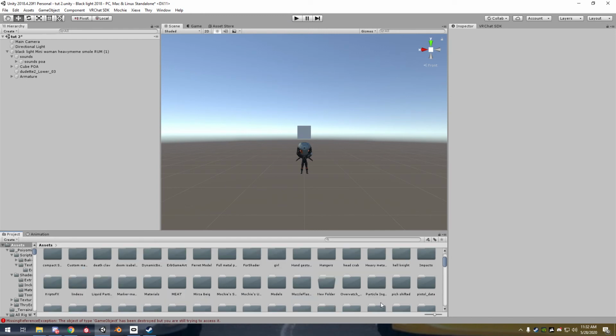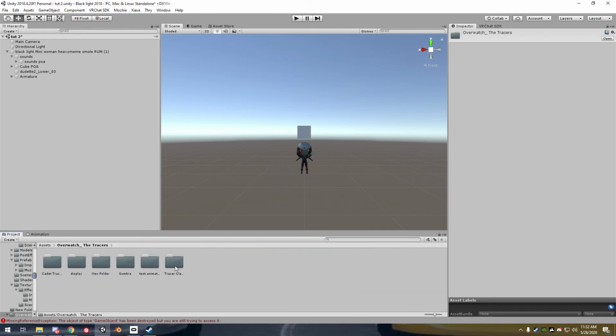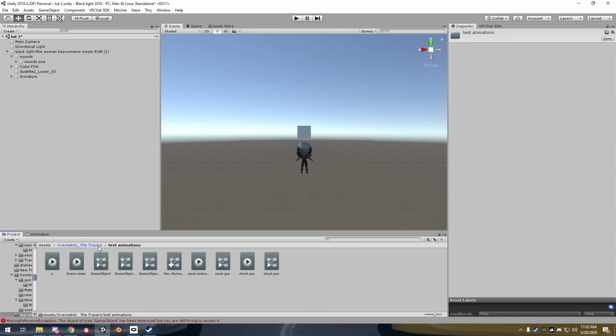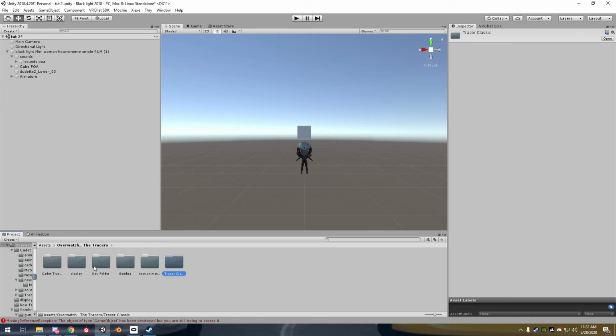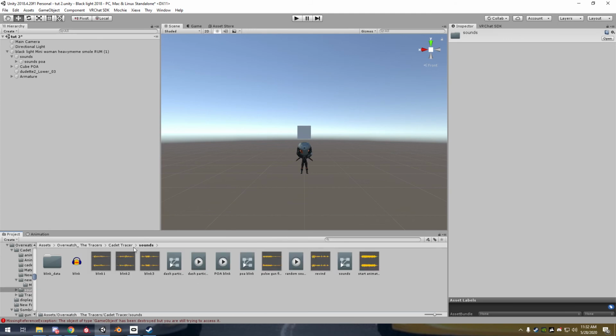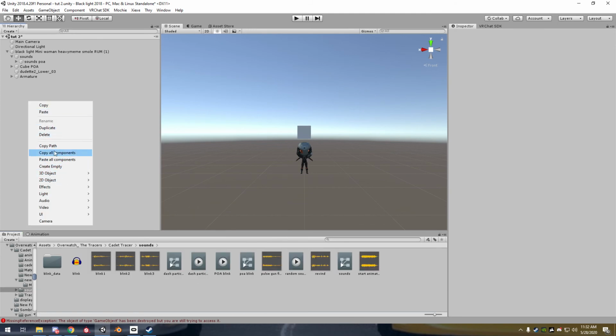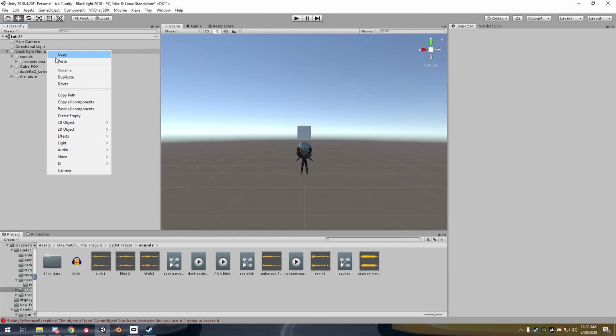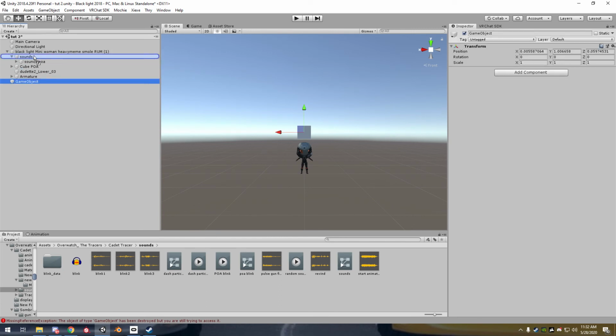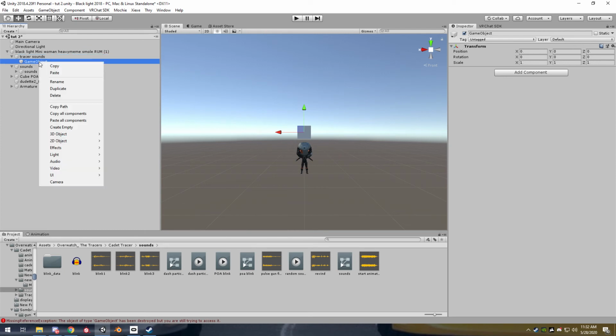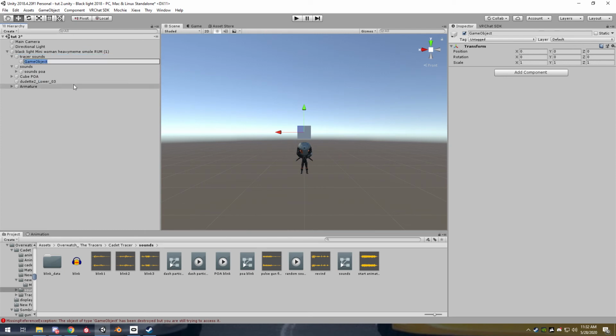I'm going to use Tracer's blinking sounds that I use. Let me see. I think it's under here somewhere. Oh no, it's here. Yeah, here we go. So first off, you want to create a game object. Call it Tracer sounds, I guess. Then create another game object under that one, so that's now a child of that. Call that Tracer blink